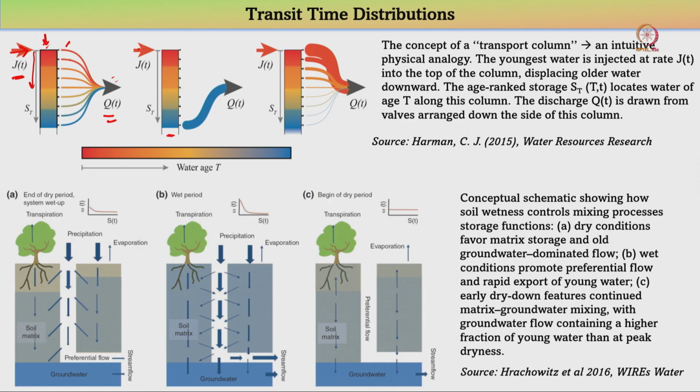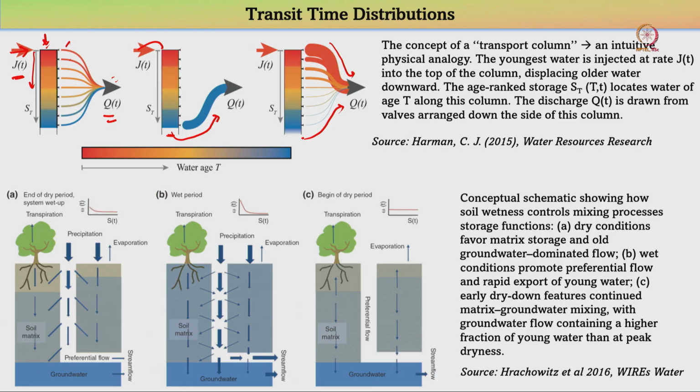So, water is entering here, it is getting pushed down, and is more of the water coming from the old water, or is it the new water that is going more into the runoff, while the more aged water is contributing least? So, this kind of variation we need to understand when we look into the CQ relations,